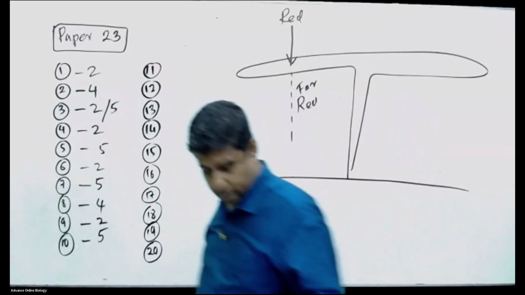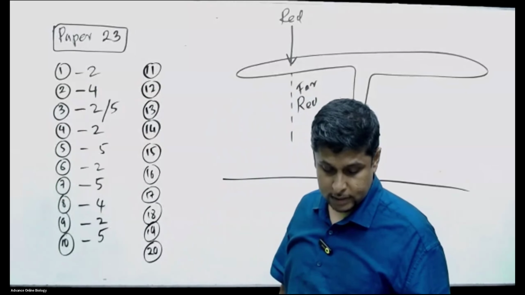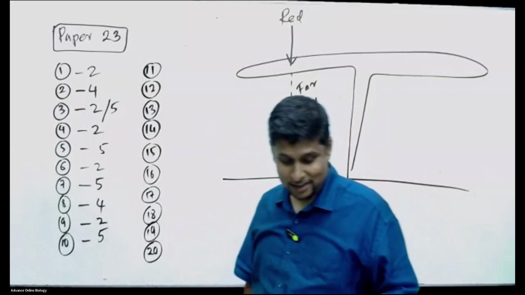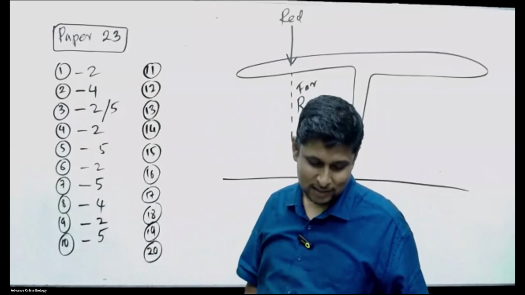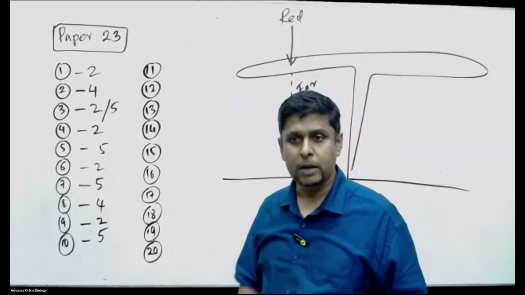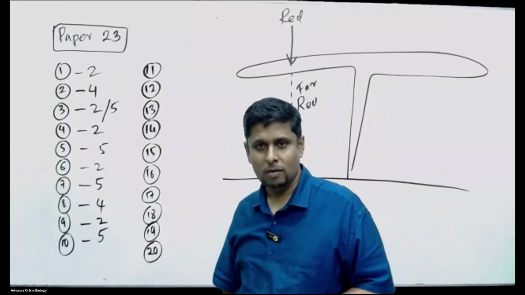Right, we'll check the remaining questions. Question number 11. Following are plant growth regulators and their functions. Select the correct combination regarding plant growth regulators. That's a tough question, I think you can answer this. We have to go on checking the given combinations for this sort of question, right?